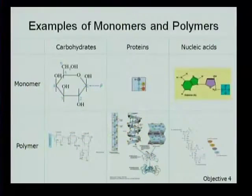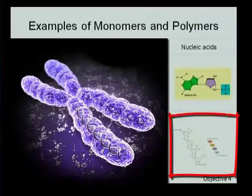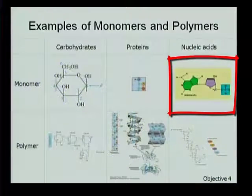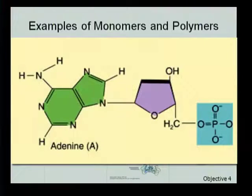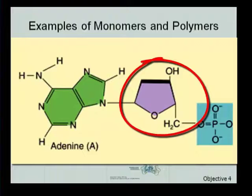As big as that is, it's still smaller than a bigger molecule which is found in every cell of your body, and that's the molecule of DNA, the genetic code, the code of life. That's a polymer of nucleic acids. The monomer is a nucleic acid, shown here. This is adenine, which remember we said has 2 rings, so it's a purine, and that's shown in green here, connected to a sugar, which is shown in lilac or purple,